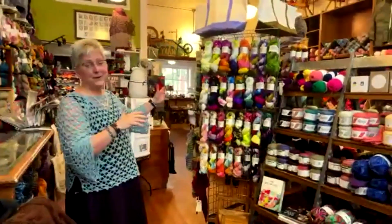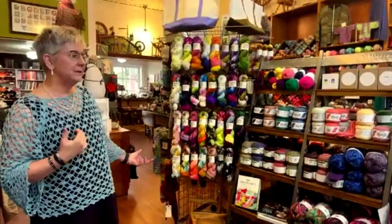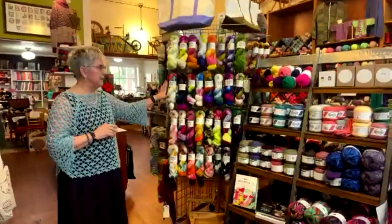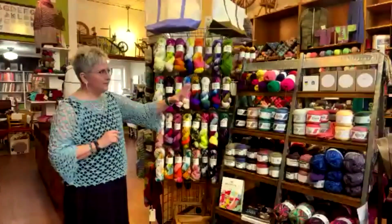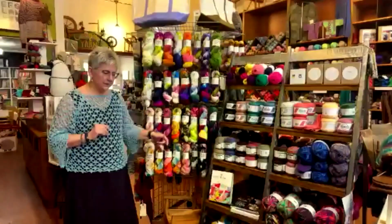Oh, fingering weight. Love fingering weight. I love wearing sweaters out of it, weaving with it, blankets. So we've got a large selection of fingering weight yarn here. This is the Knitted Wit. This is her story. And then we've got the Pride colors from them, but a variety of different weights. And then we also do have some DK and worsted weight